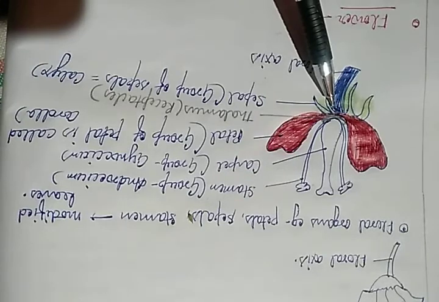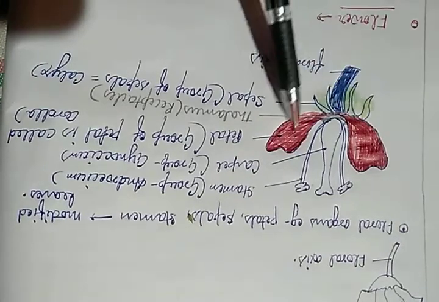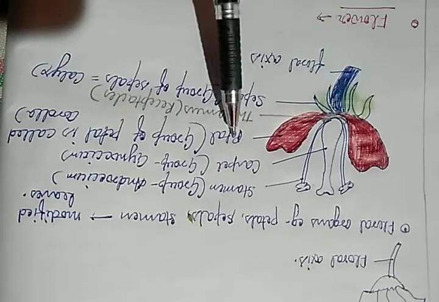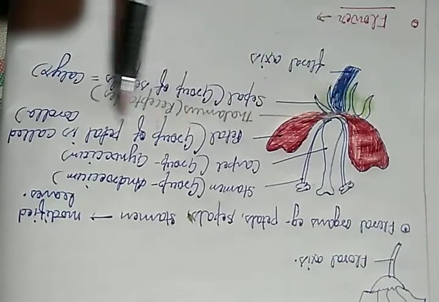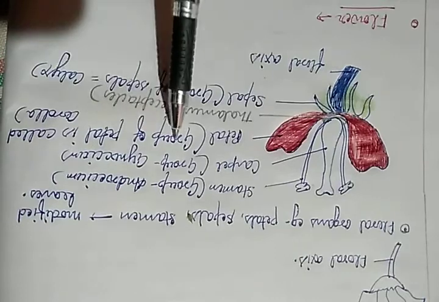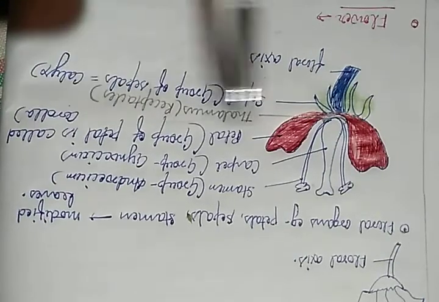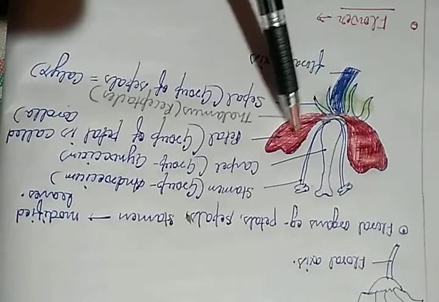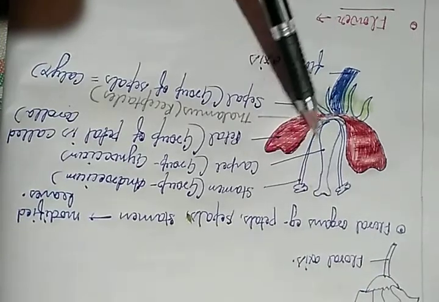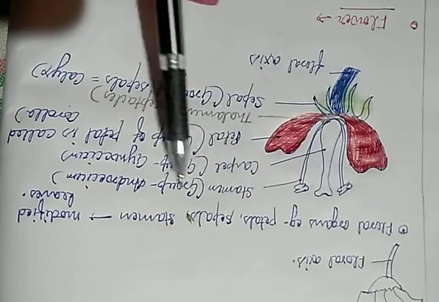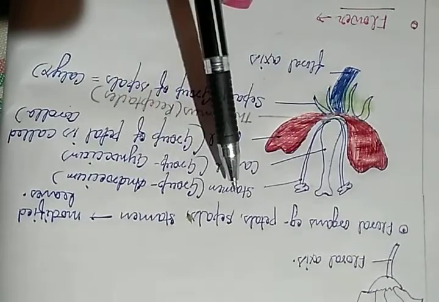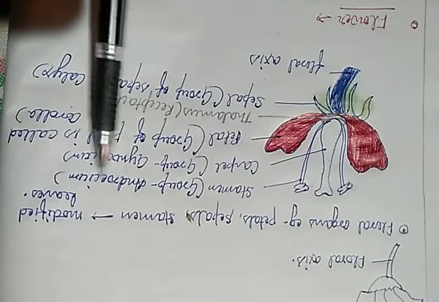Above the calyx, there are colorful structures. These are present here. These are known as petals. Combinedly, these petals are known as corolla. So, the group of petals is called corolla. Now the third word, that is what? That is androecium. Look at here. These are what? These are the stamens. Okay. So combinedly these stamens are known as androecium.